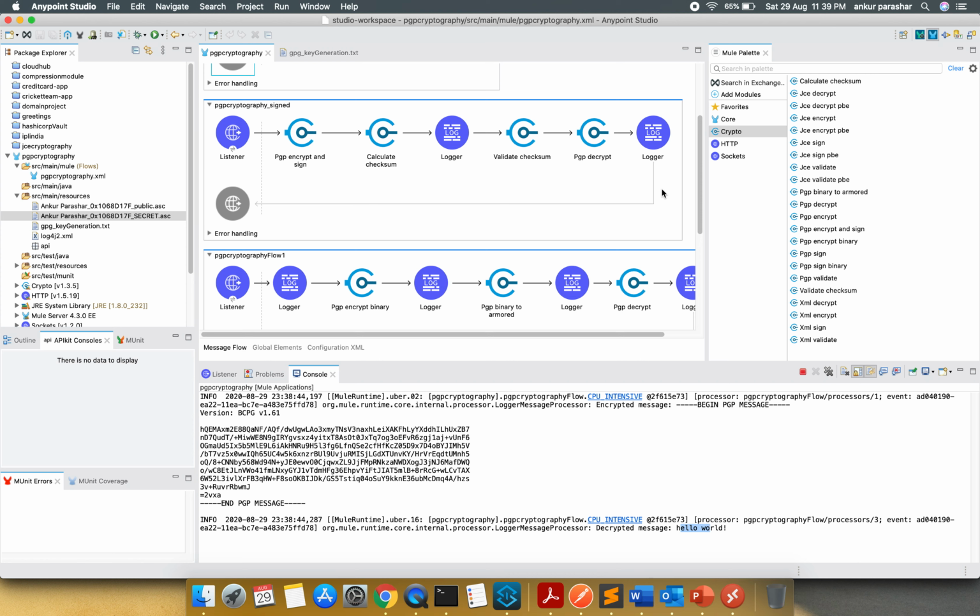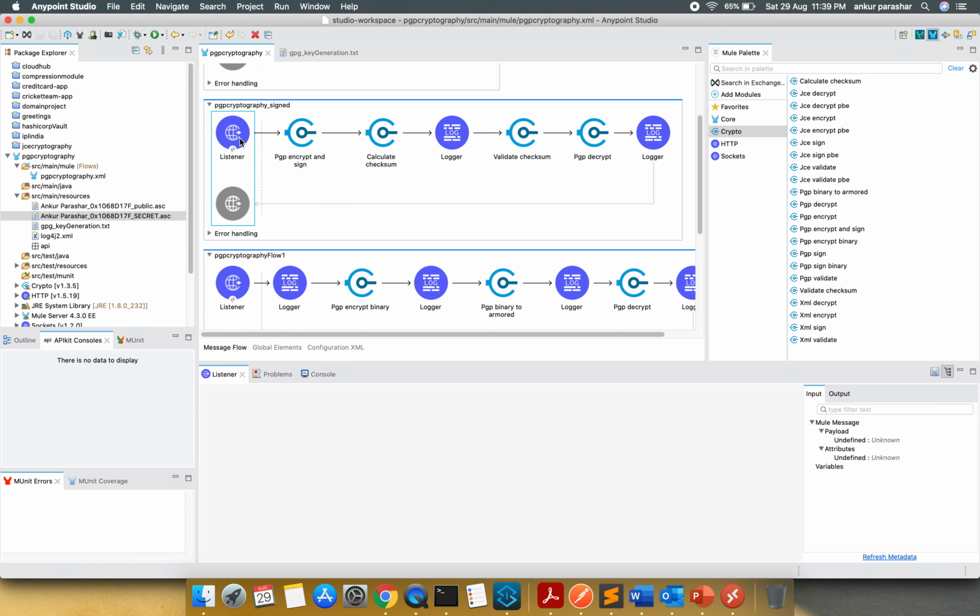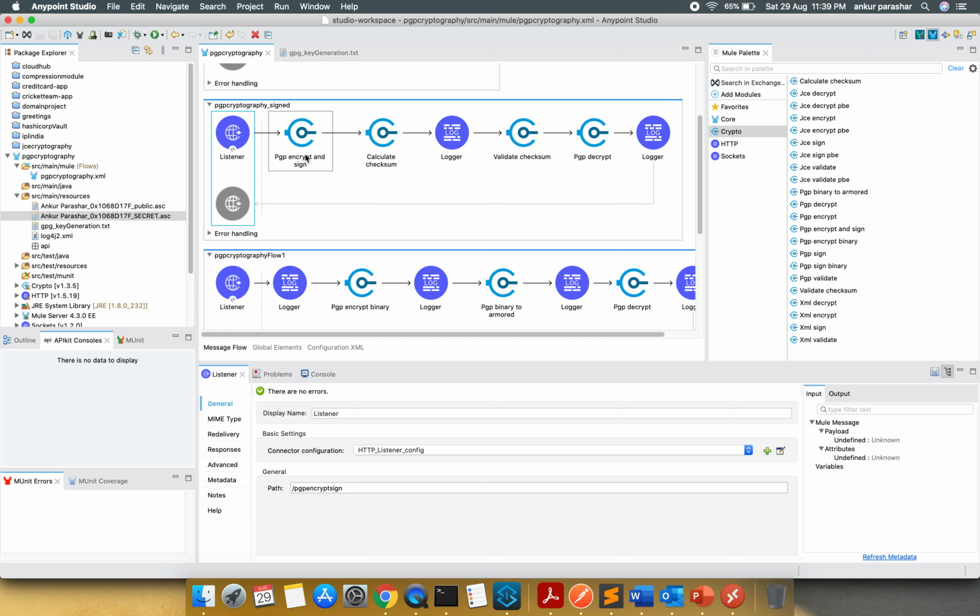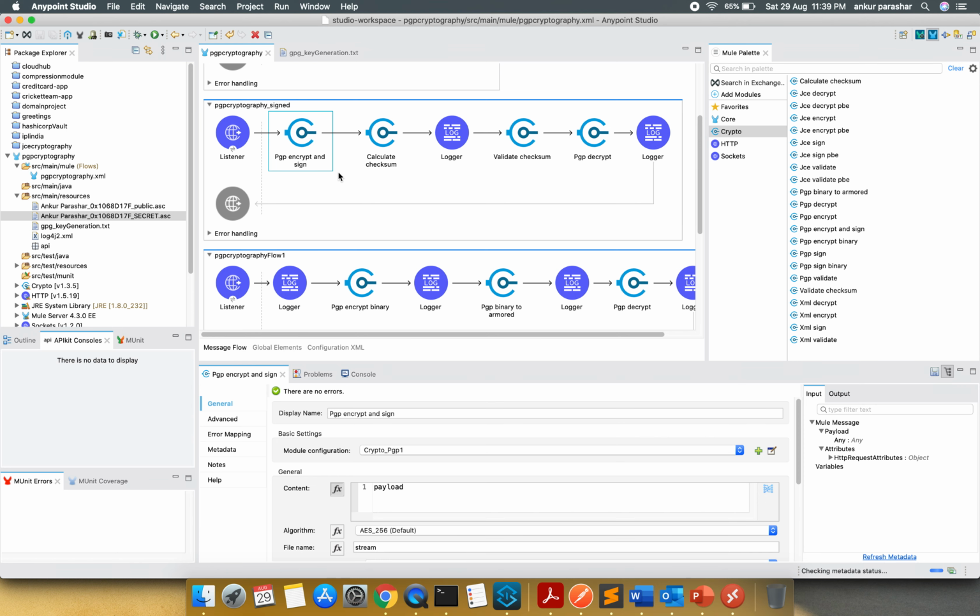Let's go to the second flow. The second flow is about PGP encrypt using the sign combination, and after that we are going to decrypt it. So pretty much the same stuff. It will be a post method with PGP encrypt sign as the path. PGP encrypt and sign,